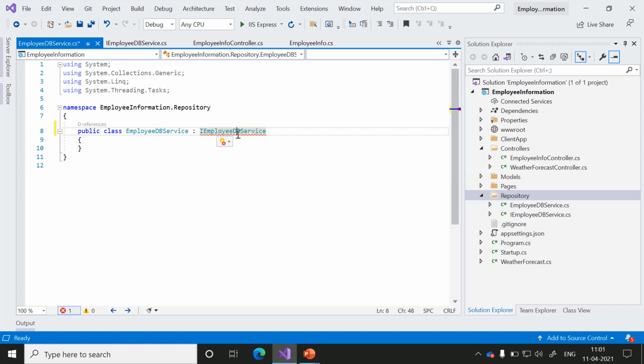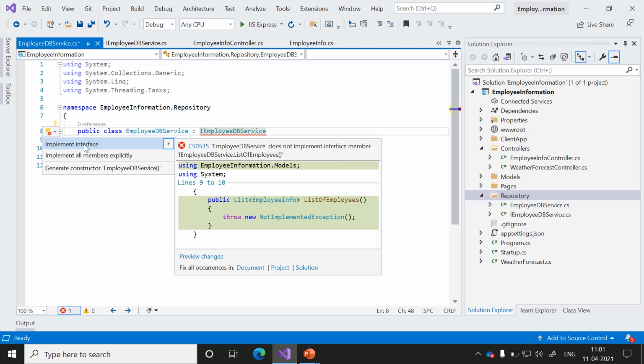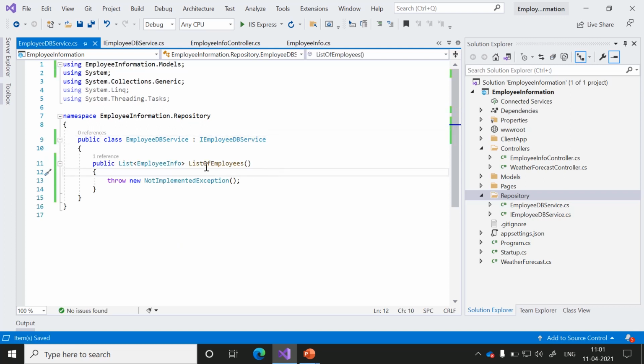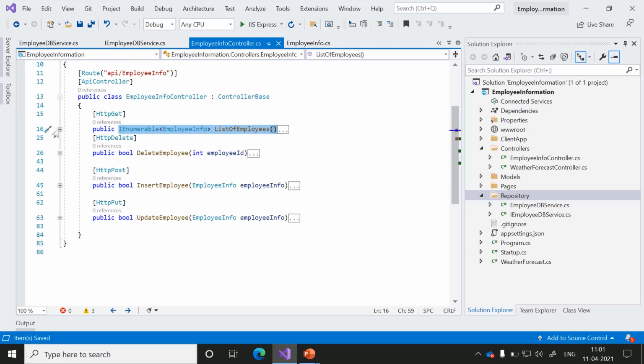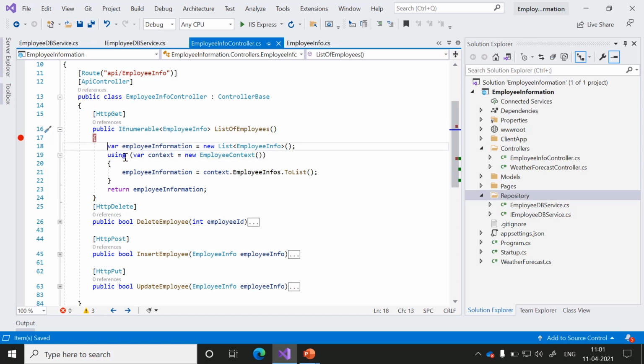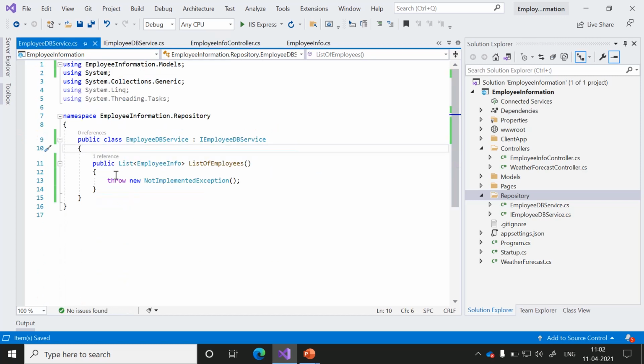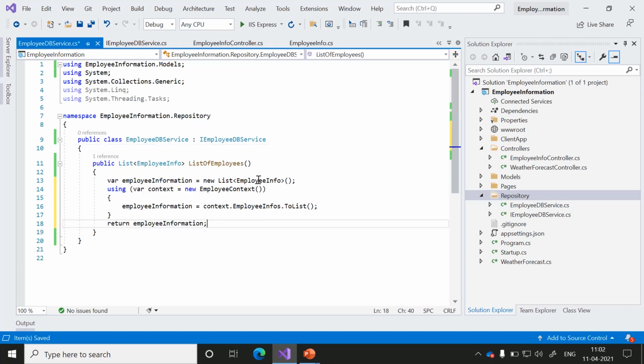To implement these methods, just use the shortcut Control dot, implement interface. Now what we need to do is click on employee info controller, expand this method, copy this code and come back to our EmployeeDBService, paste it here.